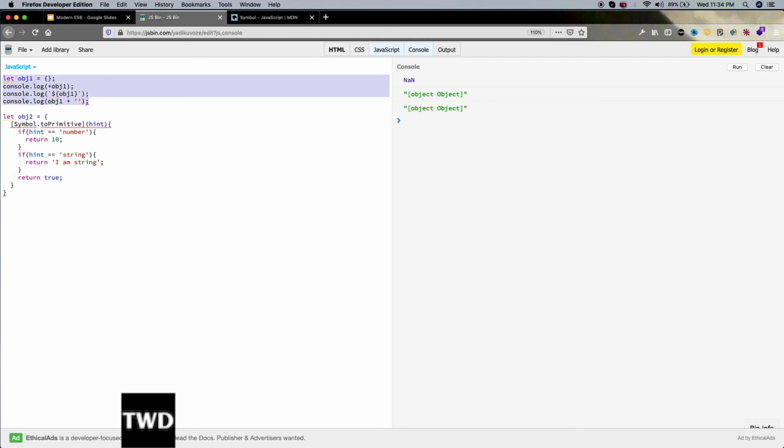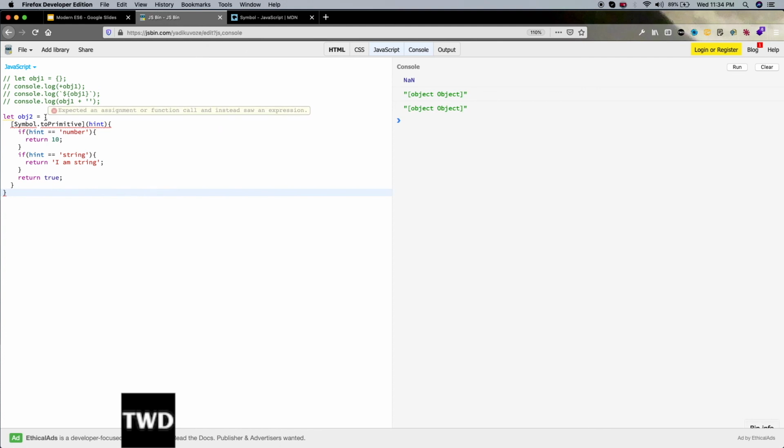First let me comment this out, and this is our object. Am I giving something wrong? No, this is ending here, this is ending here. That is right.